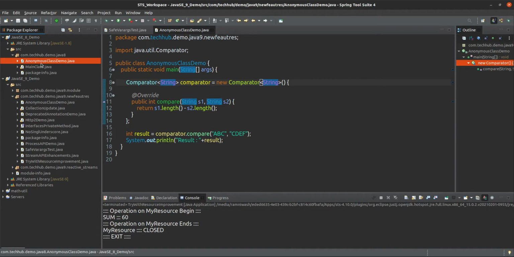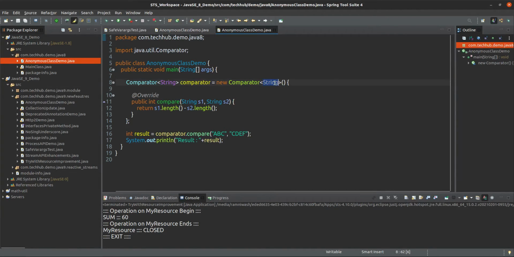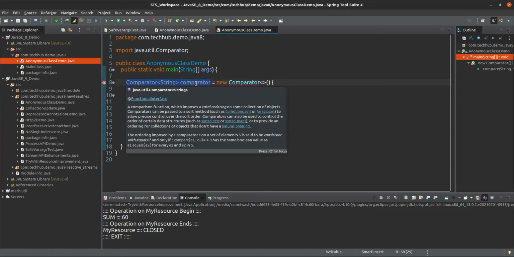So if it is Java 8, that's fine, but if I remove this one, it will give an error here. You cannot do that in Java 8. Since it is automatically inferring, it should infer from the reference type. Your compiler or JVM should infer from the reference type. The type is a